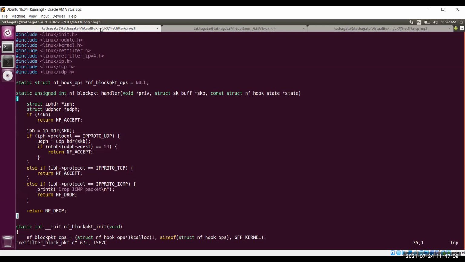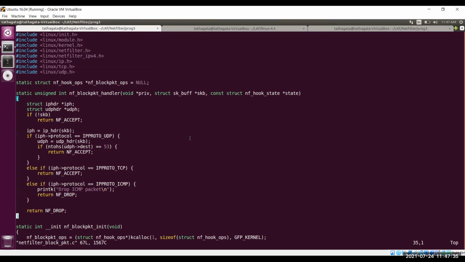Any doubt about this one or any question? No. Actually, we can drop the packets without this kernel module also, right?